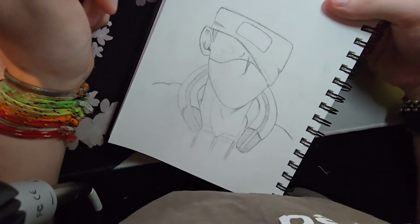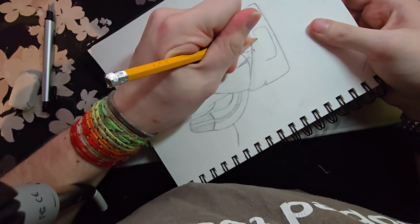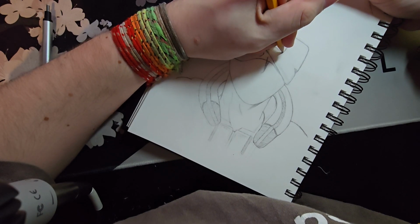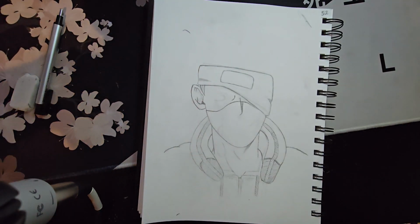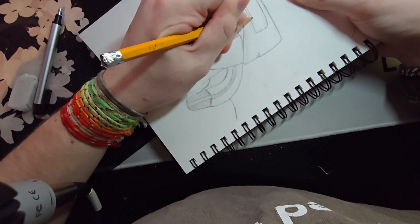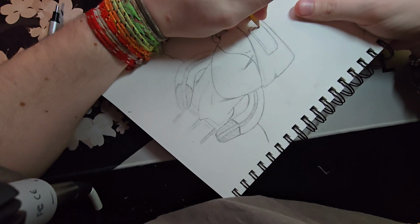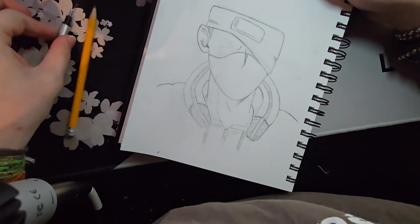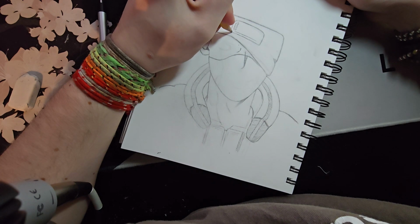I'm trying a lot harder on this drawing than I'd usually do on a drawing. That's because I usually only draw two good drawings in a row before I have a third one that looks a lot less desirable. And this would be the third one. So I want to make this one look really good so that I don't get stuck in a loop of the third one looking bad, and then I just think, oh, the third one's gonna look bad, and like that. You know what I mean. I just don't want to do that, so I'm trying to make this one look really good. Although I know I still have bad drawings, but